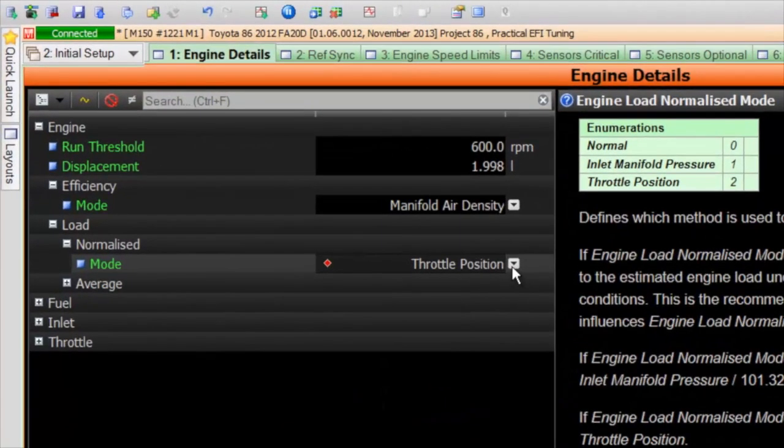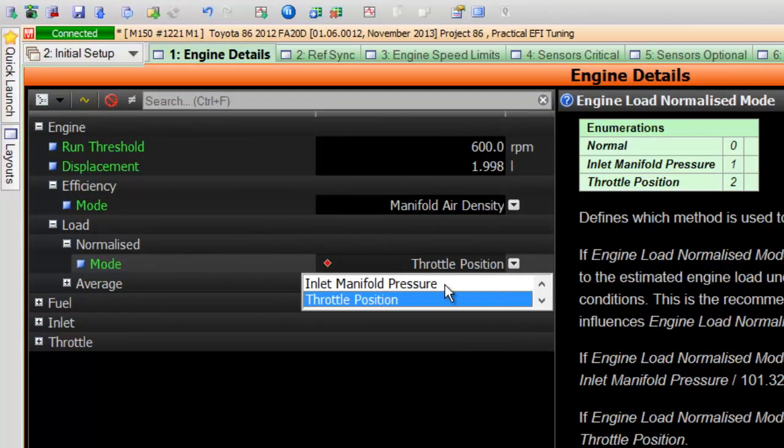Let's start though with the axis configuration. Generally, we're going to want to retain the same axis we use for the fuel table. This means if we use manifold pressure for the fuel map, we would use manifold pressure on the ignition map. The only exception here is if we're tuning a multi-throttle turbo engine. In this case, we'd want to use manifold pressure for the ignition table load axis so we can properly account